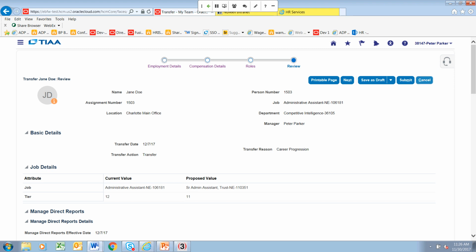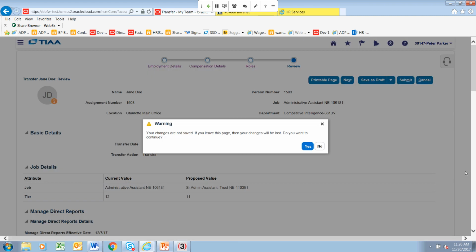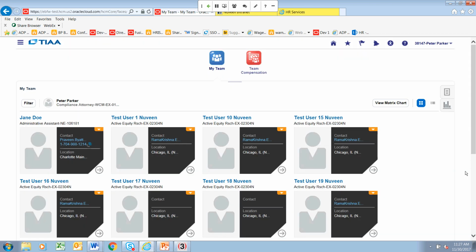So the next thing I would love to show you is the termination transaction. Now termination transactions are not as frequent, but it's one of the most vital requests. Managers are accountable for entering resignations or terminations for cause. If you have a reduction in force, there is no action needed on your part, as those are managed centrally.